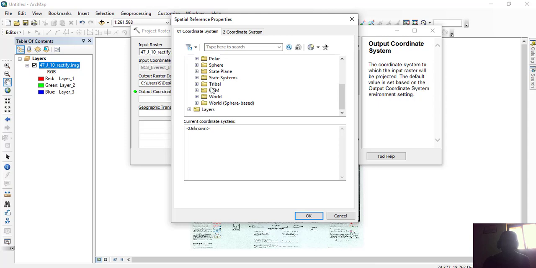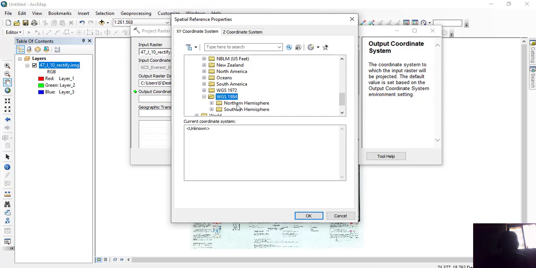Now there are many projected coordinate systems, but the most favorable or widely used is UTM. The long form is Universal Transverse Mercator. So click on that, and in that, this is a datum actually, WGS 1984. This is also most favorable and widely used.